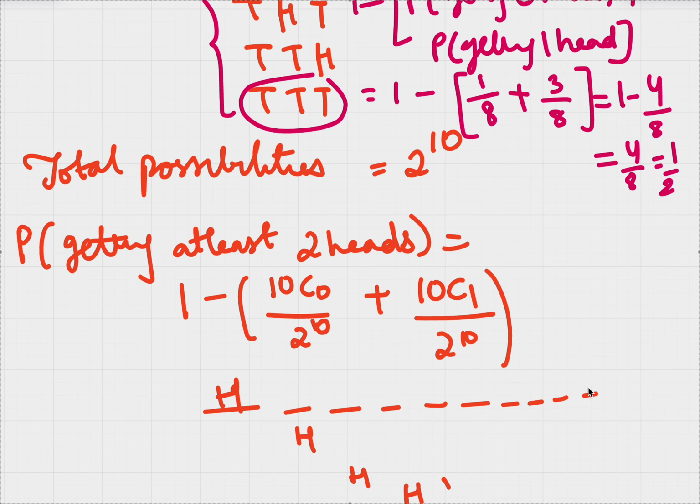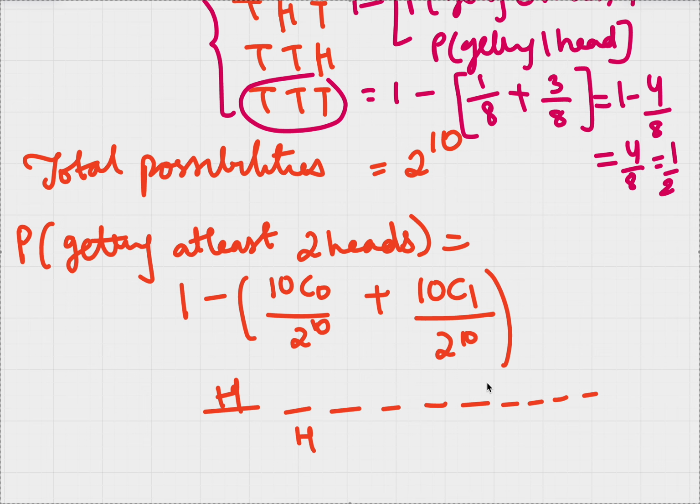Now I recall an example. Imagine you have 10 empty chairs. When we go for a function, there are 10 empty chairs in a row and we need to pick one chair to sit. Now how many choices do we have? Out of the 10 we choose 1, that is 10C1. So we don't care about the order of the empty chairs, we just pick one. So this is just choosing one position for a head when the coin is tossed 10 times.